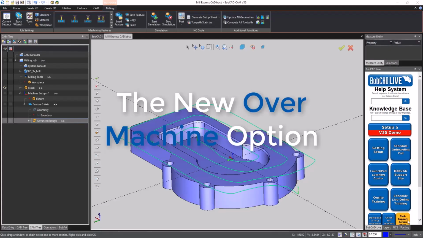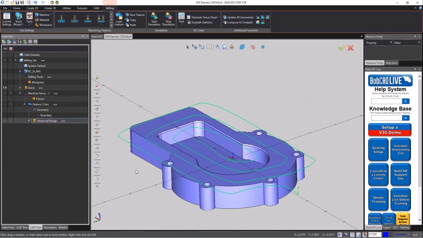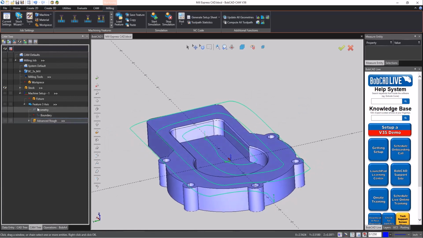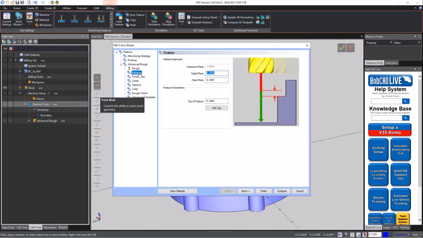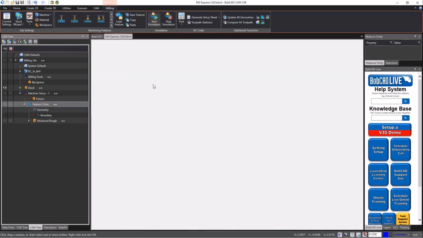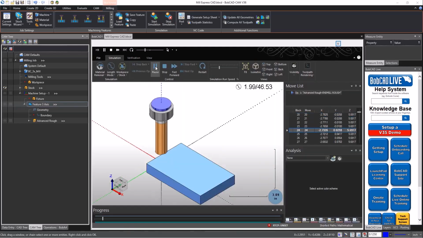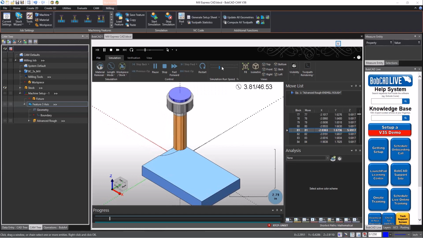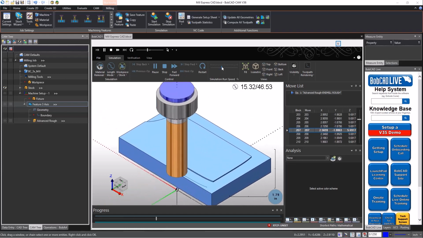So in this video, we're showing off the new Overmachine option. The Overmachine option allows you to optimize the milling conditions for hard metal milling to compensate for long tool deflections and cutting forces. This helps to avoid chatter caused by thin walls generated by tool deflections and helps prevent tool